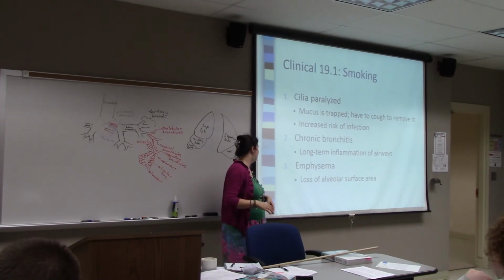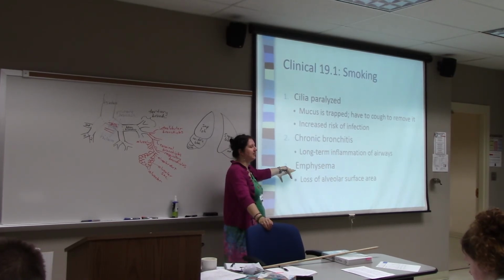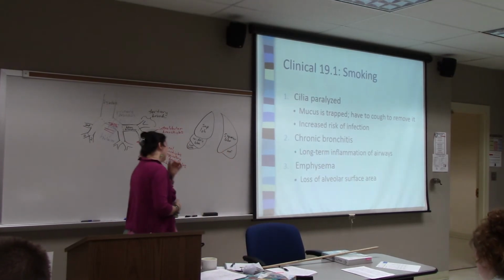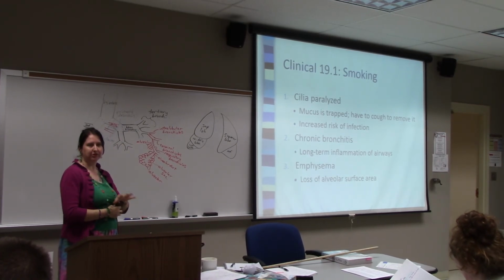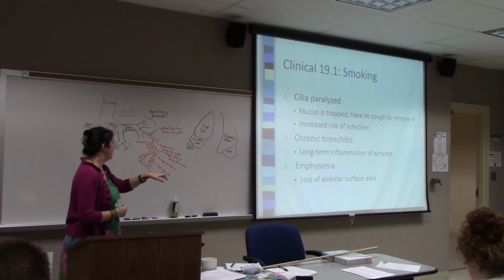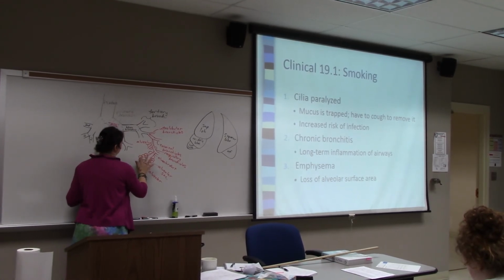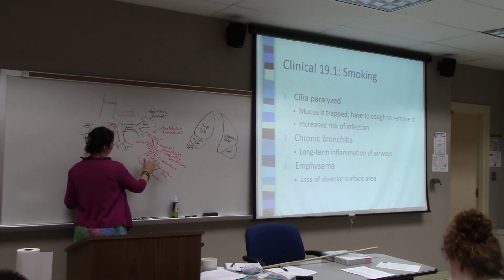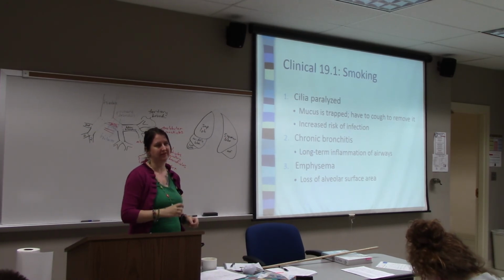Another result, often from smoking but can come from other causes, is emphysema. There are 2 main features of emphysema. One of them is mentioned here, the other one we're going to come back to later with the other clinical application. This is loss of alveolar surface area. So some of these walls would be breaking down, and you have fewer big sacs instead of a whole bunch of little ones. That means